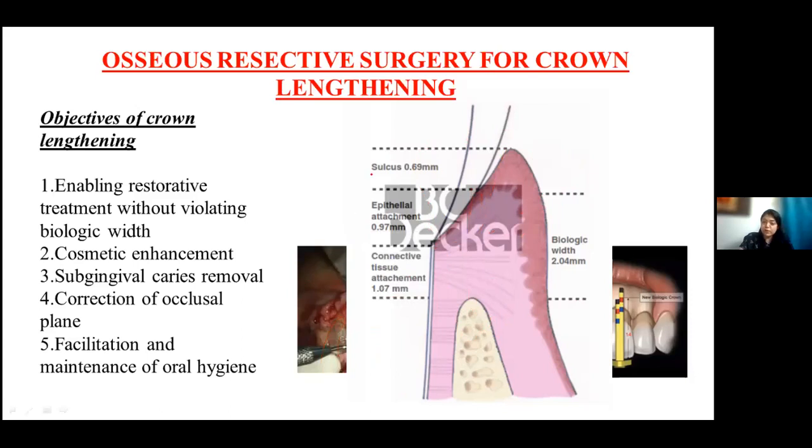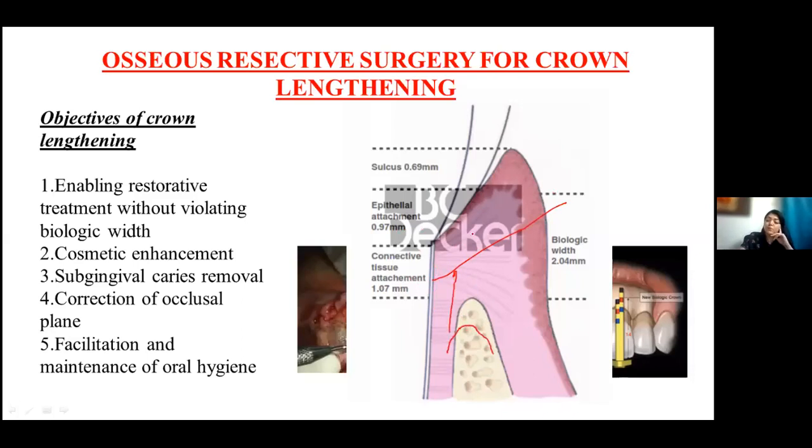So how do we do that? Whenever we need crown lengthening or we need to cut the gingiva for whatever reason, like a drug induced enlargement case, we need to take 2.04 mm into consideration, and do transgingival probing, or with the radiograph see if your bone level is normal. If there is no bone loss, and you have to cut 2 mm of tissue and you have 2.04 only, then what will you need to do?